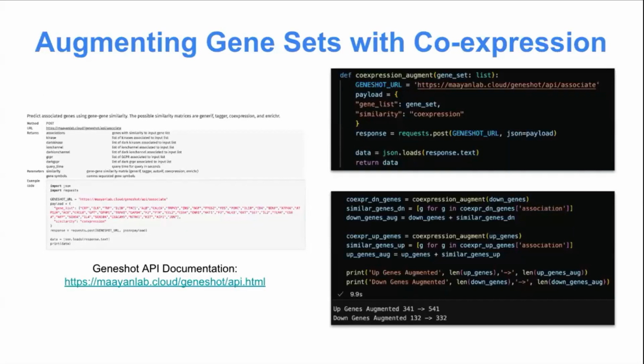And so using the gene shot documentation, we can structure our API call by replacing the documentation gene set with our gene set variable, and then selecting co-expression for the similarity field as we want to augment our gene set with co-expressed genes. After calling the co-expression augment function here, which essentially is performing the post request in order to retrieve these co-expressed genes based on our gene set and based on this similarity metric, we can then extract the